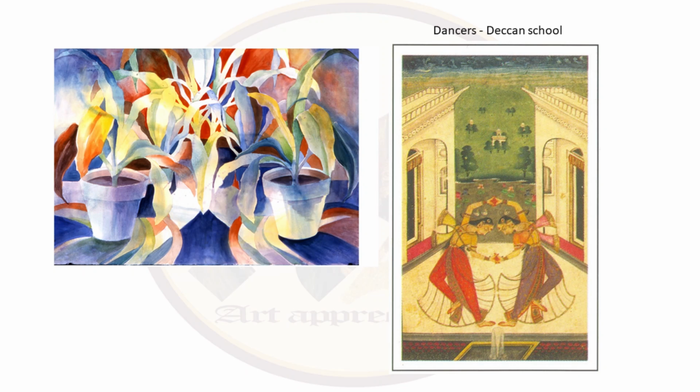These are the examples of formal balance or symmetrical balance. You can actually see the symmetry if you try a middle line in the painting. The left and right would be similar. And if you want to take an example from your syllabus, it is dancers from Deccan School. You can actually see their hands touching and their dress also touching in the bottom along with the feet. So it is a symmetrical balance.